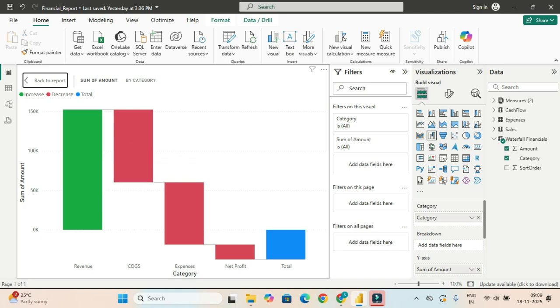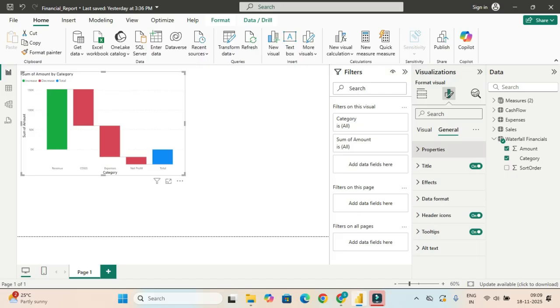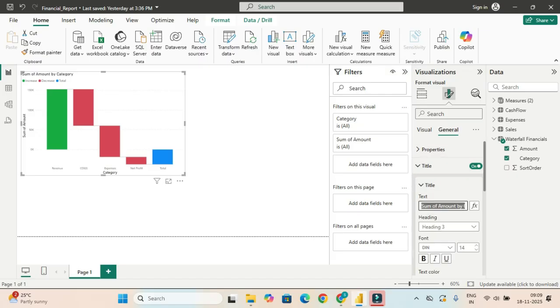So you can just keep it over here, hover over each of these bars and see. If you want any more tooltips, you can also add them further down. We'll maybe sort that out, discuss that in a couple of minutes or in another section. So that's about our waterfall chart, which will give you a great visual. Purpose of this visual, right? What we are actually tracking here is where did the money go,